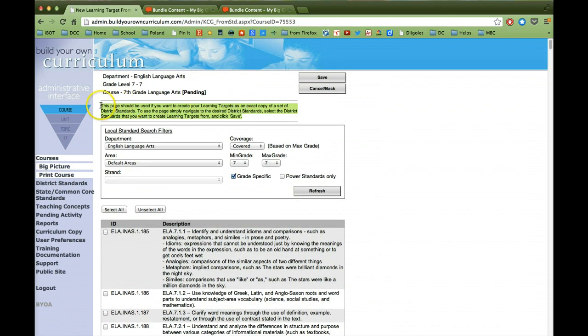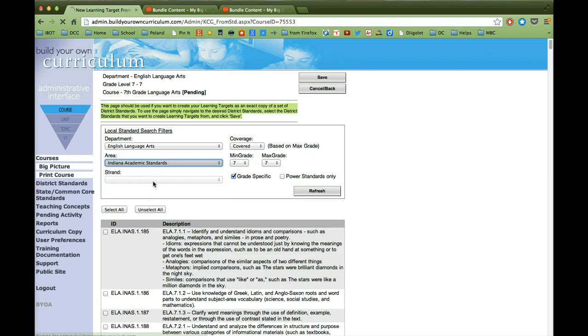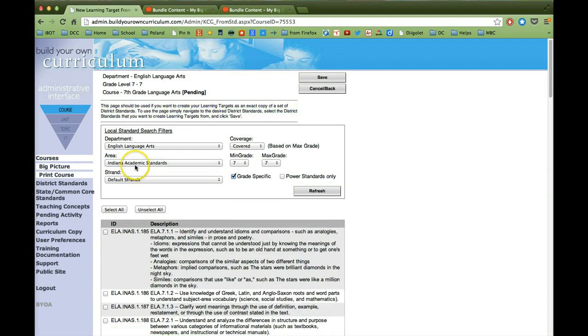You will know that you've arrived in the right place because it'll have this little statement right up here where it says this page should be used if you want to create your learning targets as an exact copy of a district standard. Okay, so what we can do here is we can filter these down. So right now it's showing you every standard that you have access to. But if I click on here, I can narrow it down to just the Indiana standards, just the Common Core standards if I want. So let's say that I want to turn pretty much every Indiana academic standard into a learning target. So I'm going to narrow it down to just the Indiana standards, and then I can click Select